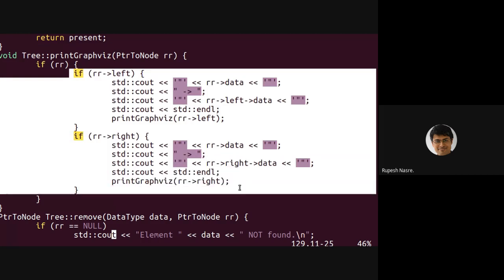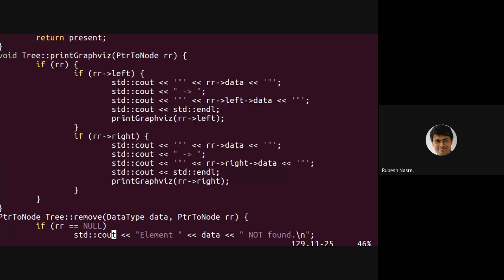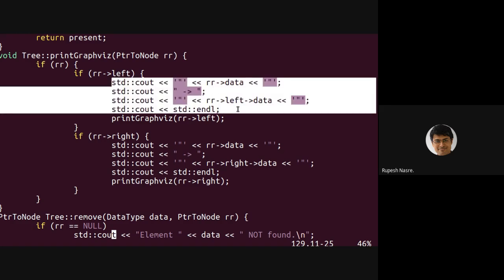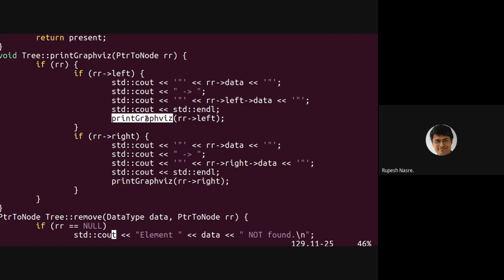So this is edge, right? There is nothing like a loop here, but there is going to be a recursive call for printing edges to the left and printing edges to the right. So whatever is the current node's data that I'm printing, then there is an arrow, and then there is root arrow left arrow data. Right? Because root arrow left is non-null, I can dereference root arrow left arrow data. If root arrow left is null, then that means that I don't need to worry about that edge, so I don't need to print it. Right? So once I have printed this particular edge in the GraphViz format, then I go to the left and print that. And exactly similar for the right subtree.